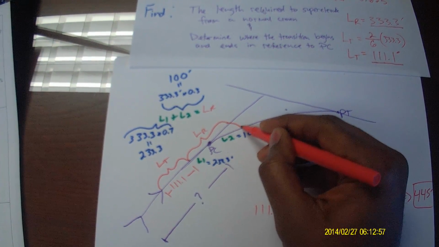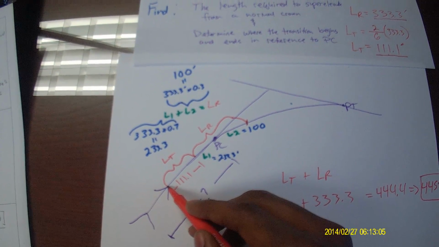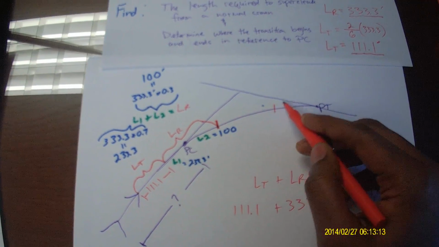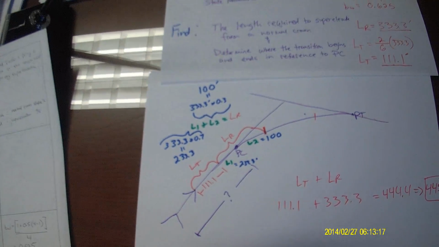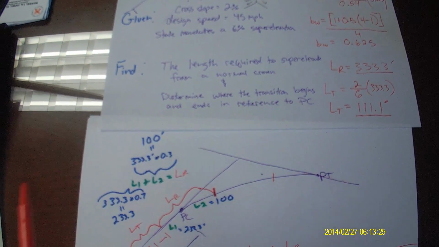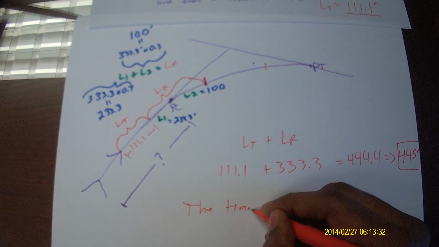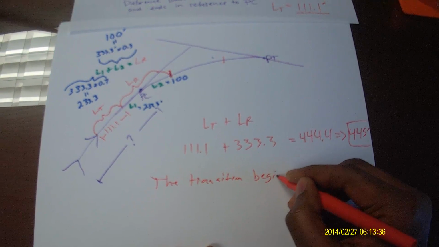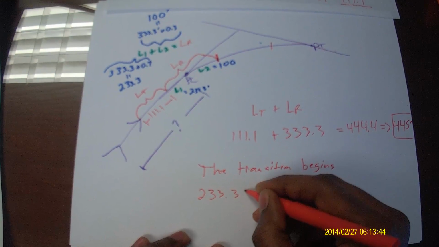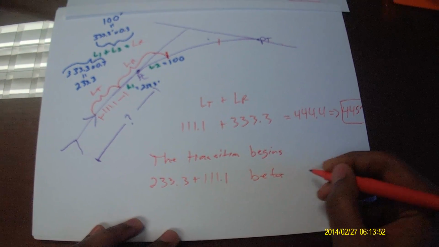Once I reach 445 feet into the curve from the very first location where we began to superelevate, I will now have a full superelevated road, and that will continue and basically just mirror what went on here. But the other question was to determine where the transition begins and ends in reference to PC. Well, in reference to PC, the transition begins 233.3 plus 111.1 before the point of curvature,